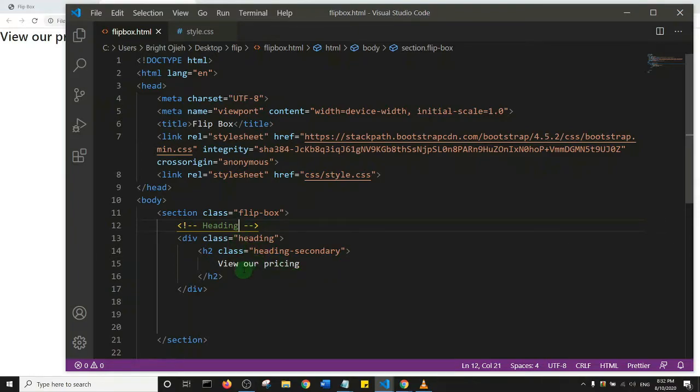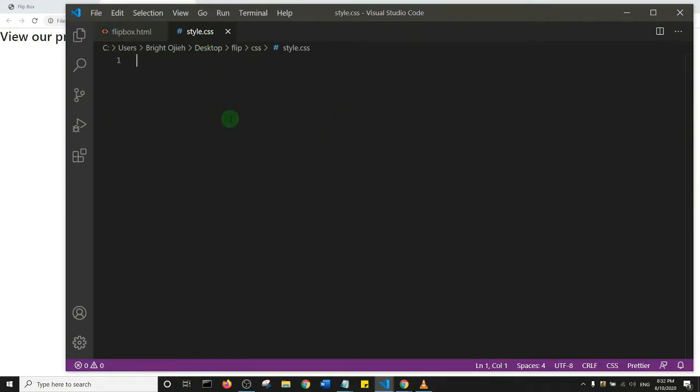Okay, I know we've not really written much HTML, but then I want us to write HTML and then write the CSS for it, so that we can really follow and understand what is going on. So I'll go to my CSS style.css file, and what I'm going to do basically is I'm going to first add in a reset, to remove any styles that come with either the Bootstrap framework or the default styles of the browser. So I'm just going to name this a reset,